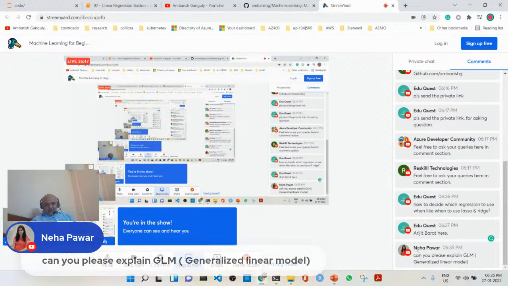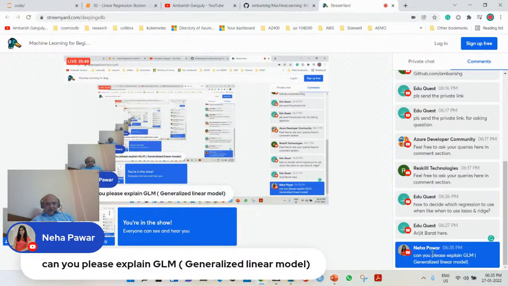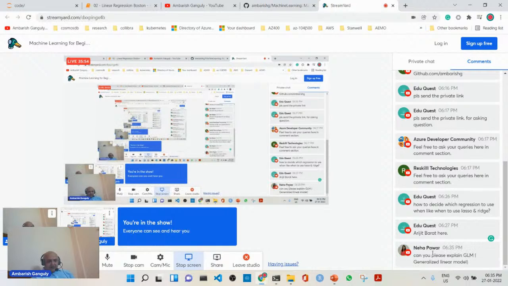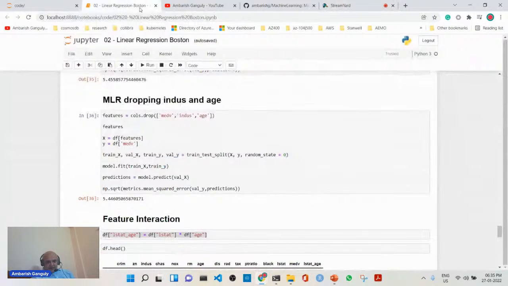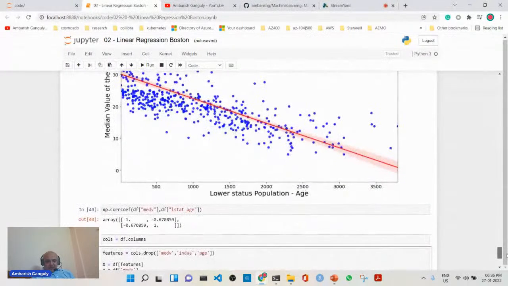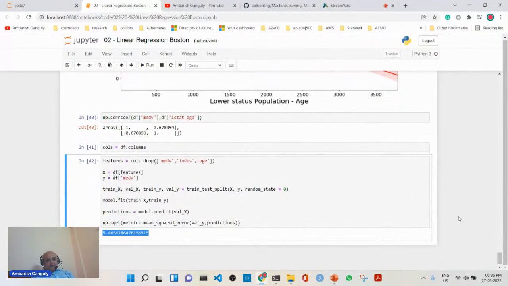Yes, Neha, that's a great question. The generalized linear models, this session is not about that. Maybe that's a great suggestion. I will have one lecture on generalized linear models later on. But that's a great suggestion. So this is about this part, and then what we will do is jump into the next part,